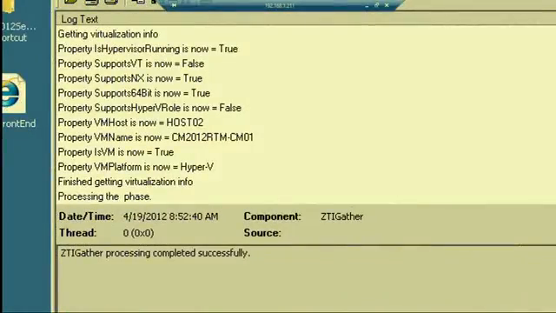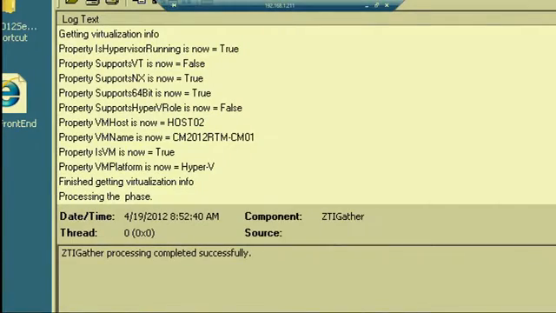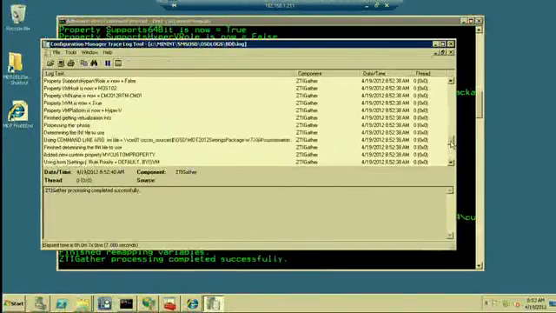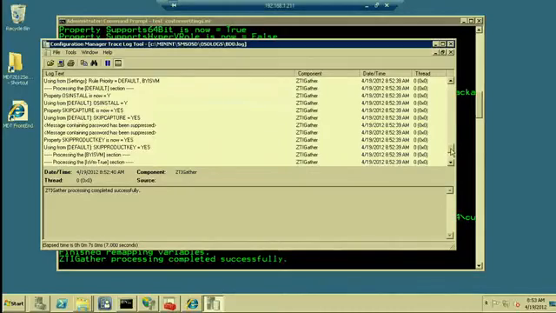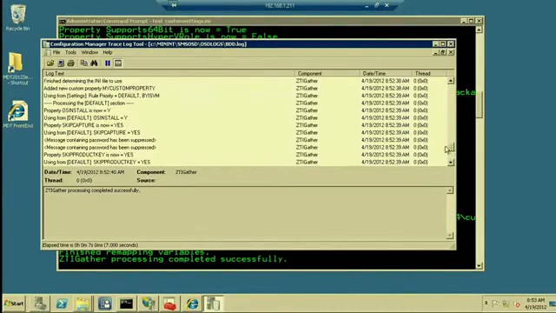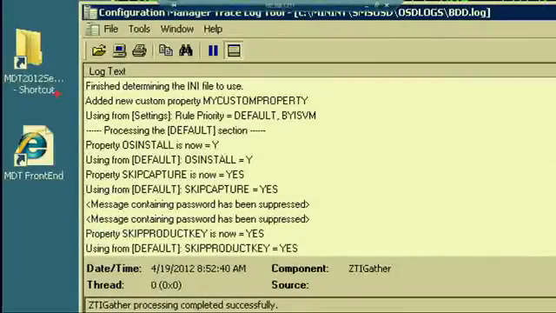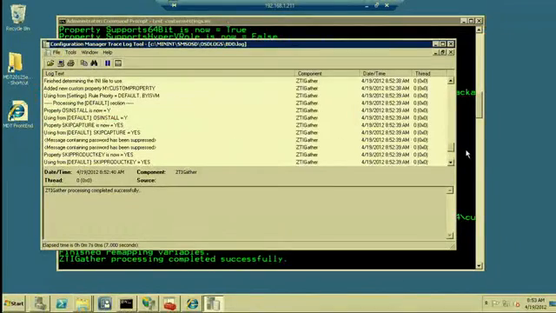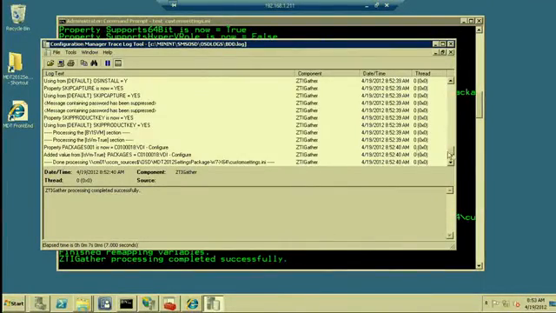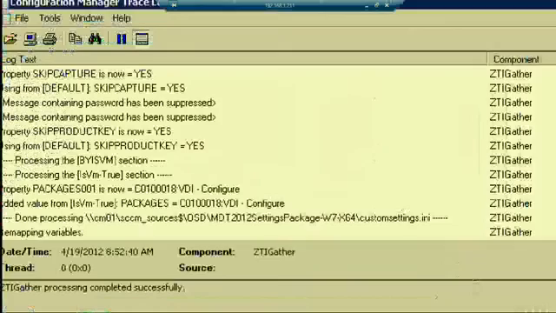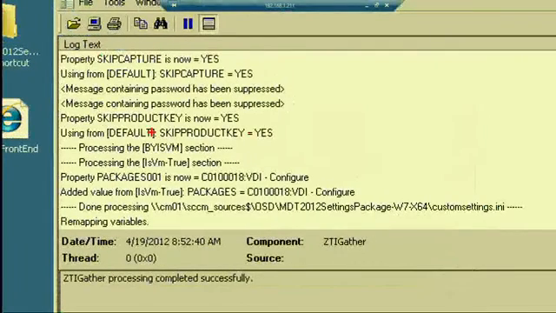It's a virtual machine. Runs Hyper-V, I guess. Here you can see it's picking up the "using" from settings, rule priority default, and bias VM. If we go down, you can also see this. Here's where the magic sauce is. Using from default,